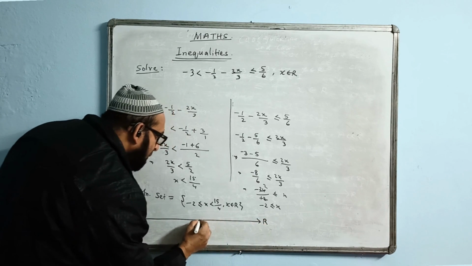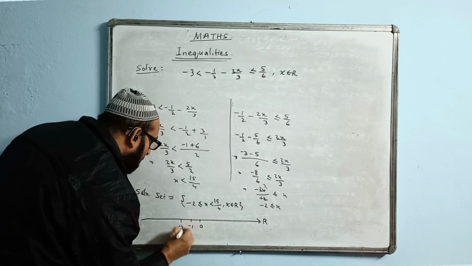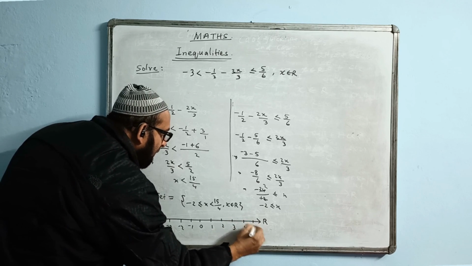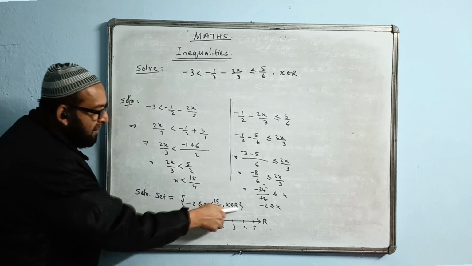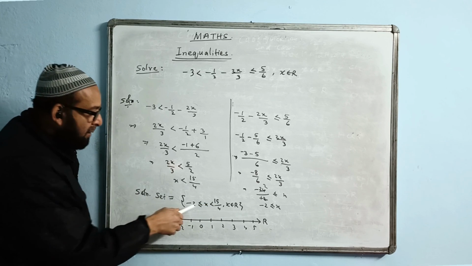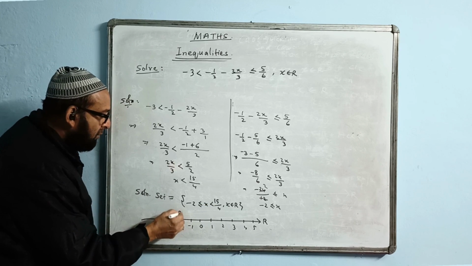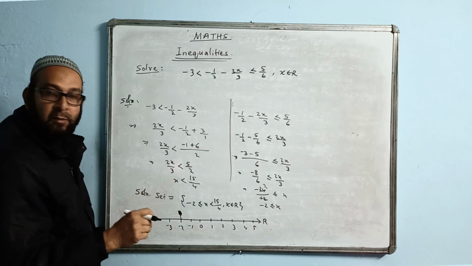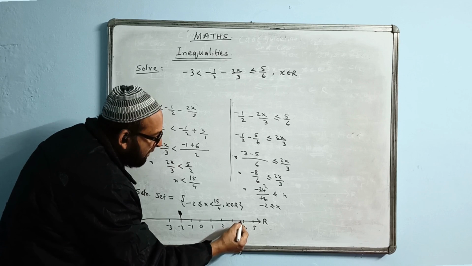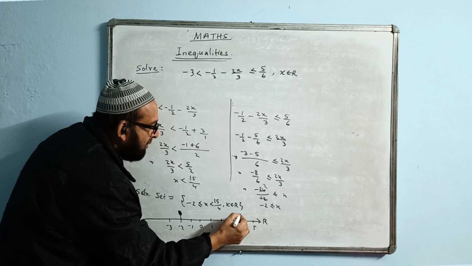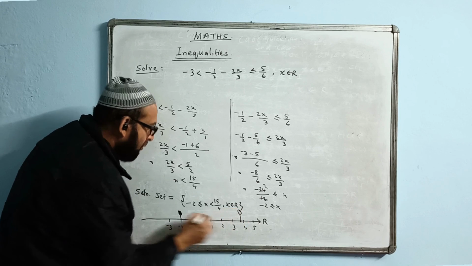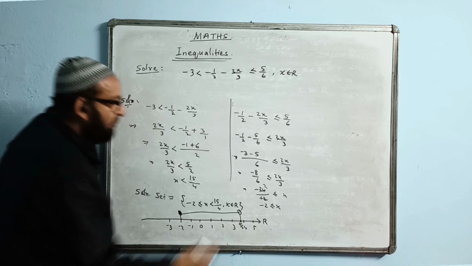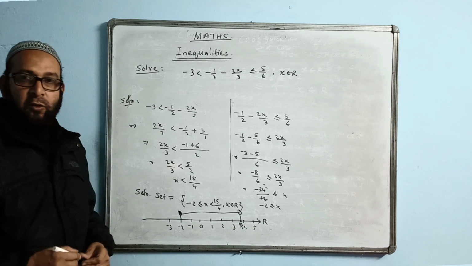Number line R, here you are writing 0, minus 1, minus 2, minus 3, 1, 2, 3, 4, 5 like that. Again here you have to draw hollow dot, thick dot. Minus 2 equal sign is there, so minus 2 will have a thick dot. No equal sign, 15 by 4 is 3 point something. So 3.75 comes here somewhere. So here you write and put a hollow dot and join. And here you write exactly 15 by 4 or 3.75 right here. So this is the solution.